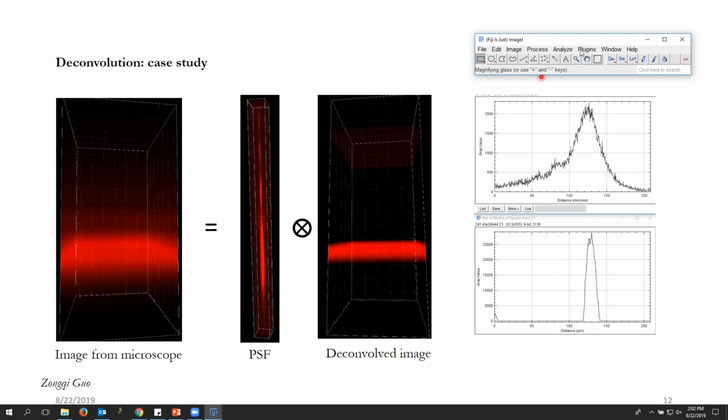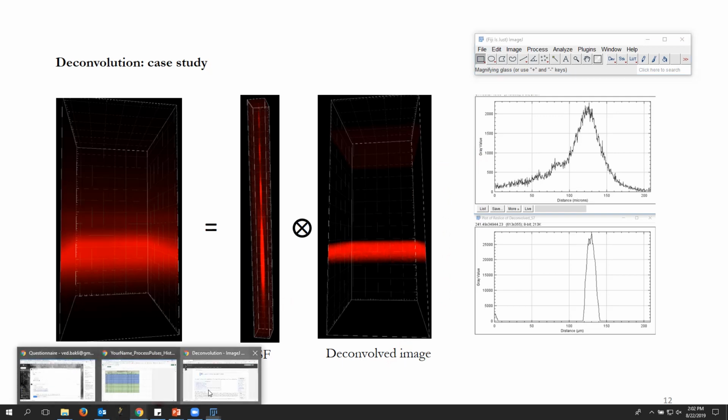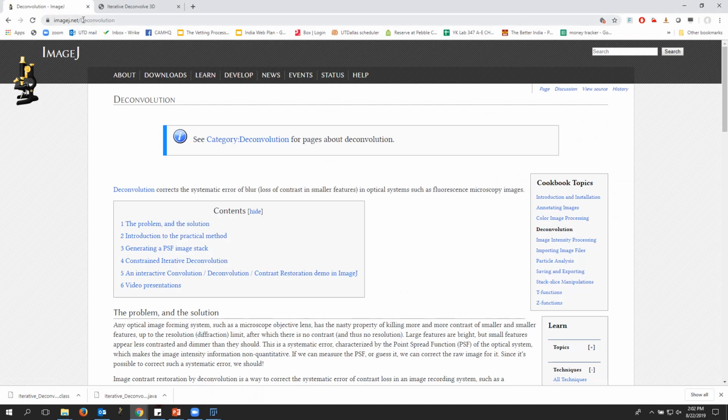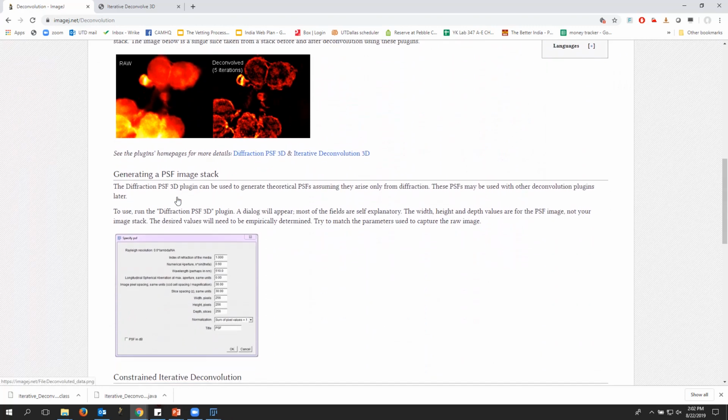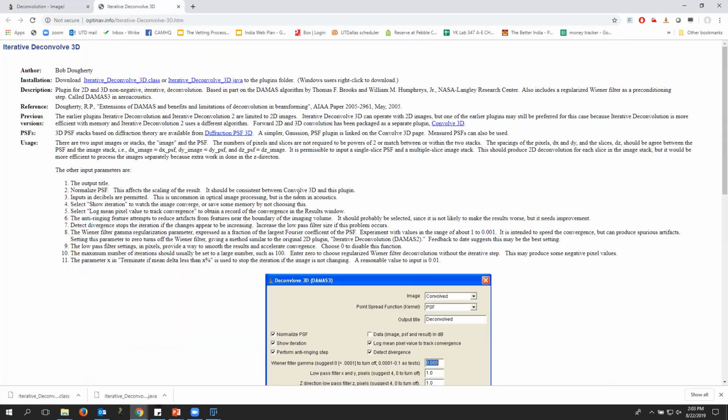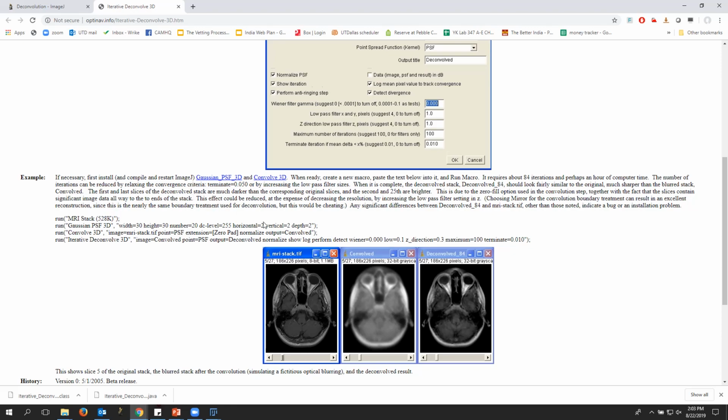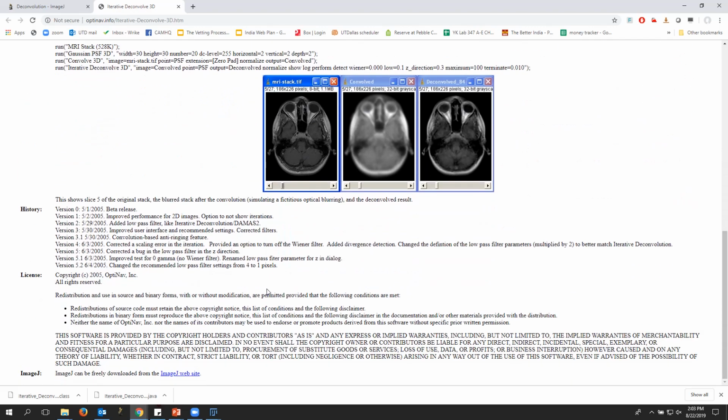So what you have to do is do a Google search and look for ImageJ deconvolution, and you will come across this page. Here, if you go down, there will be somewhere iterative deconvolution. If you click this, it is going to take you to this page. And here you can see that they have given you the exact protocol on what to do and what not to do.